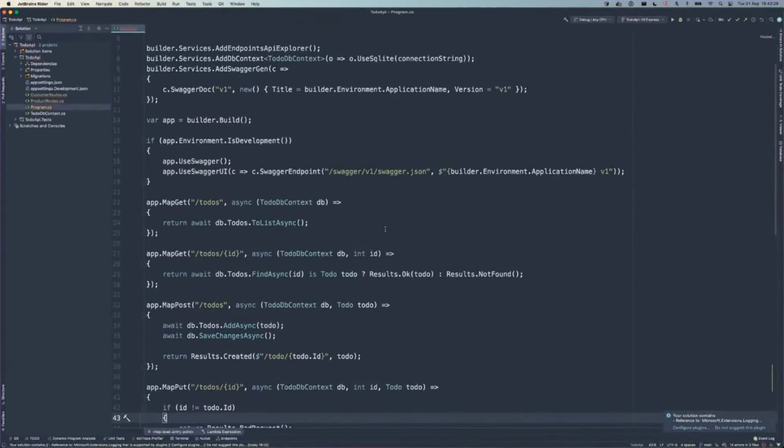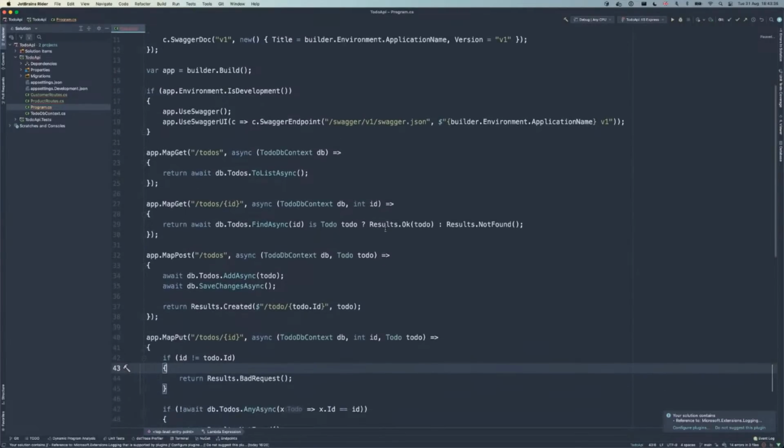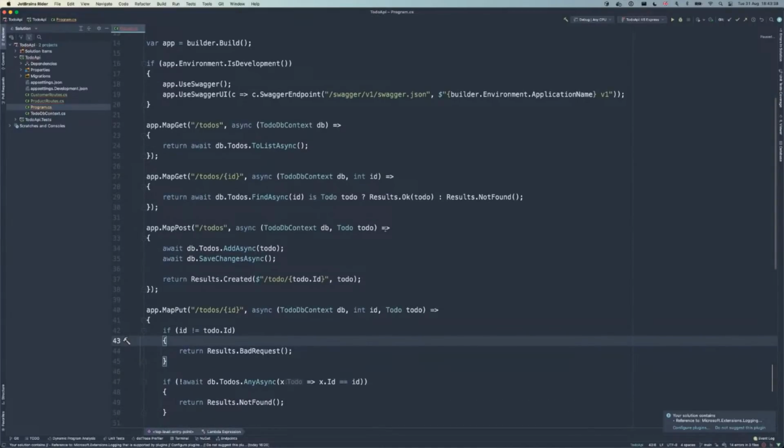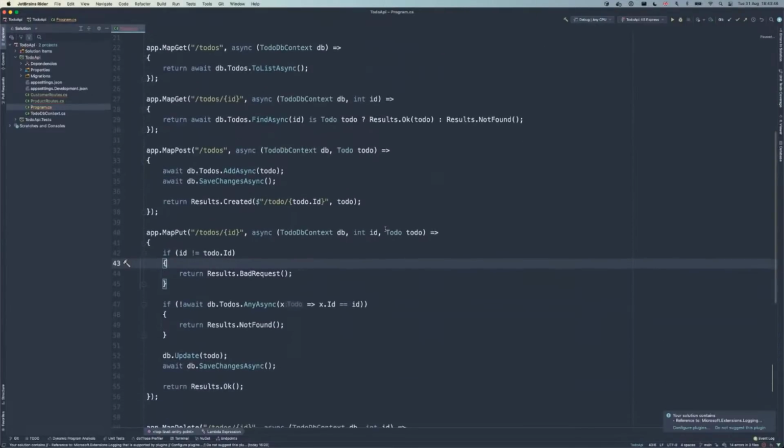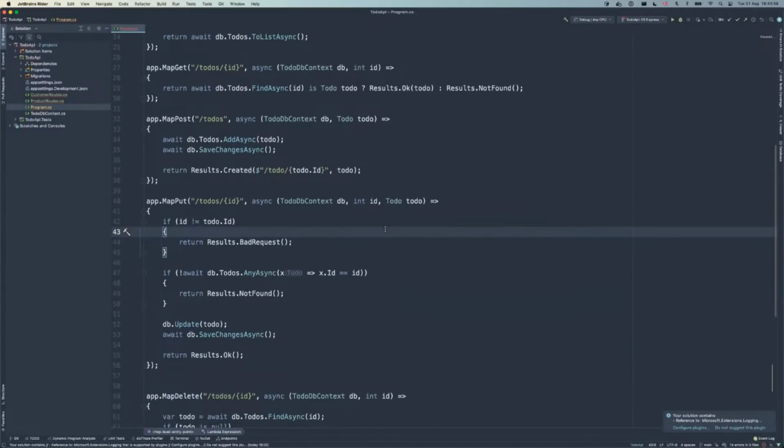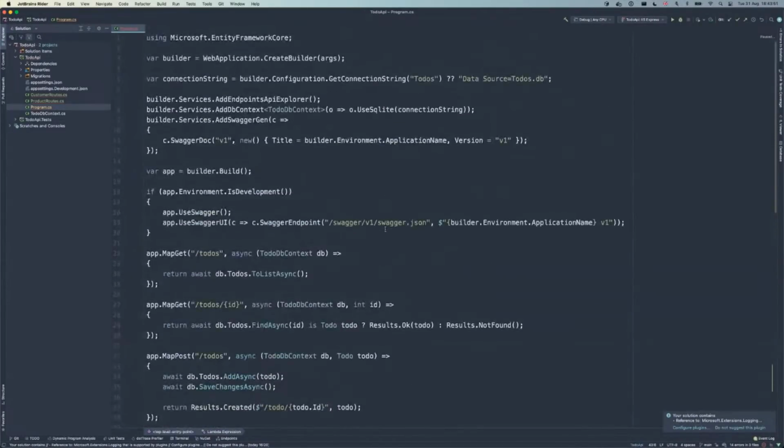So the example on screen now is Fowler's to-do code, where you can get a list of to-dos, get a to-do based on an ID, and post and update your to-do objects. This is all in a program.cs, which might be new to some people. There is no main entry point, there are no namespaces. He does have a using, but there's also the concept of global usings now.